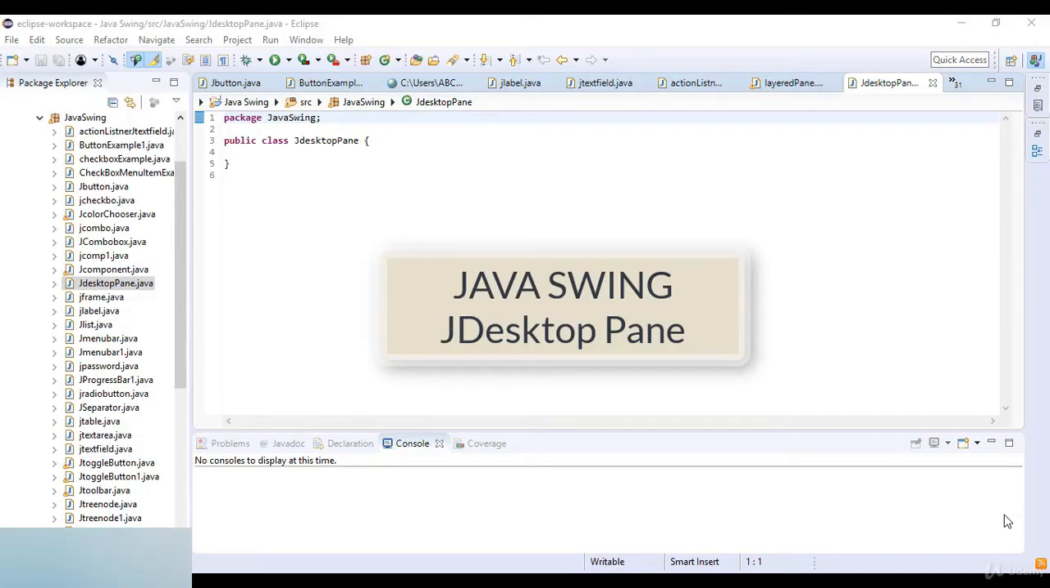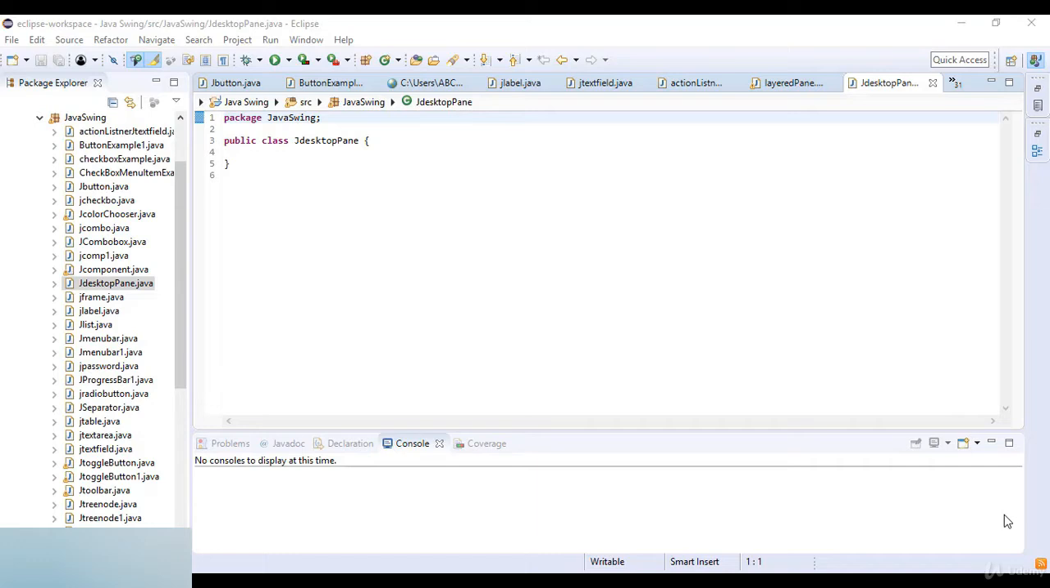Welcome to this lecture. In this lecture, we are going to learn about JDesktopPane in Java. The JDesktopPane class can be used to create multi-document applications. A multi-document application can have many windows included in it. We do it by making the content pane in the main window an instance of the JDesktopPane class